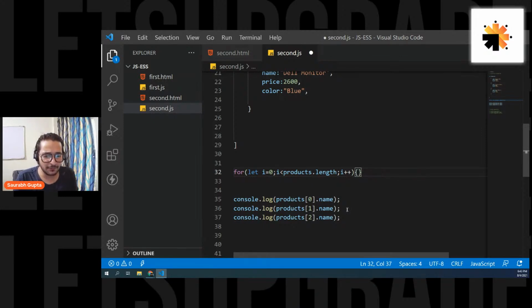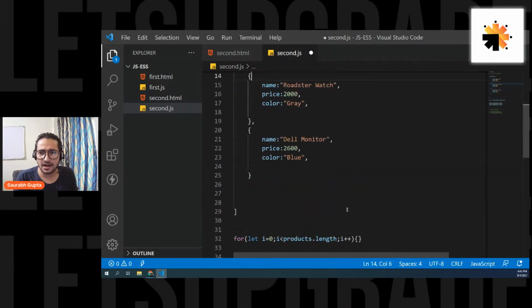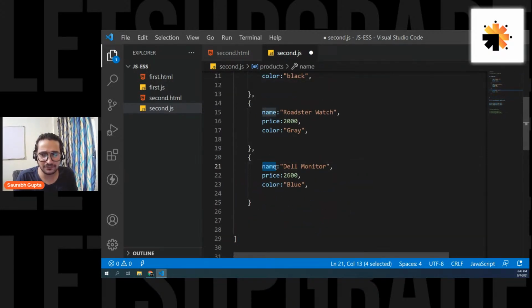Sir, what happens if the product name is different? I don't understand your question, Akash. Are you asking about this? What happens if this is different or the value is different? What are you asking? Yes, Anay, definitely we can also use map, but we have not learned map yet. First of all, we have to make our basics strong, right? Map is another utility function, but for is something that is always there in all programming languages. So guys, is this your question? Akash, is this your question, buddy? Tell me.